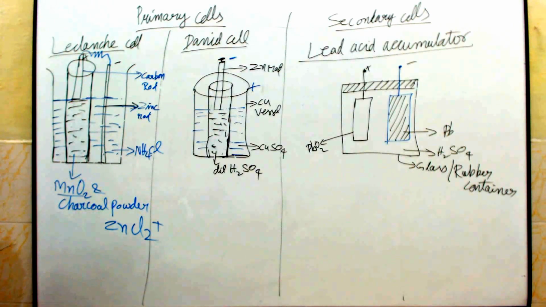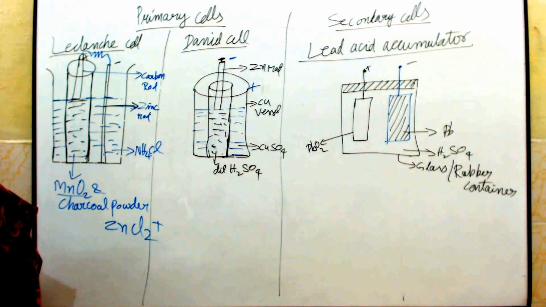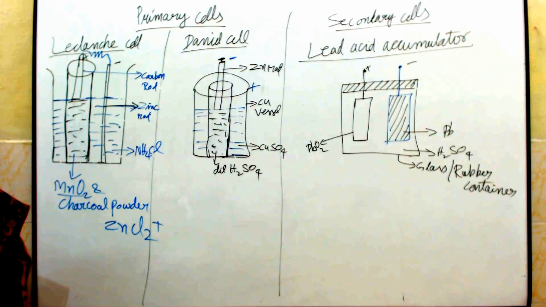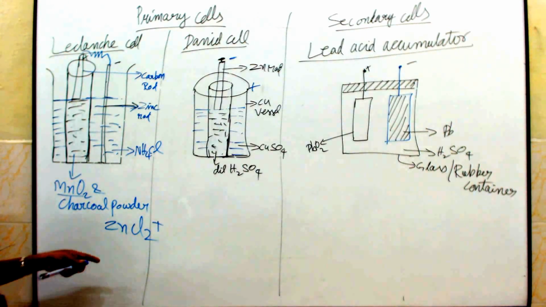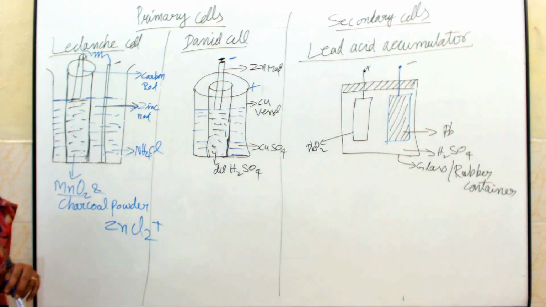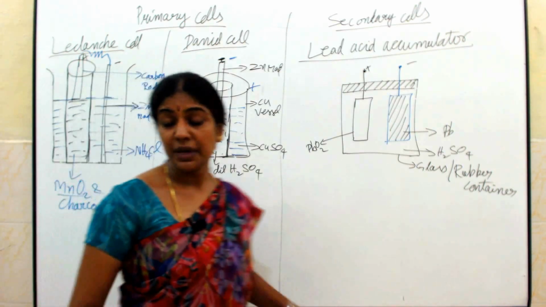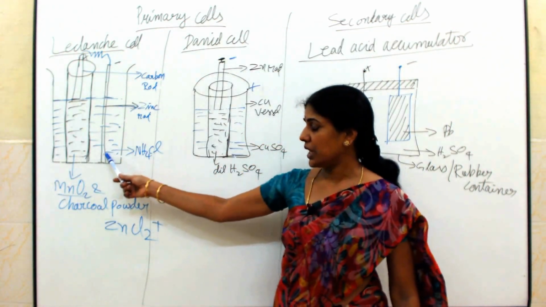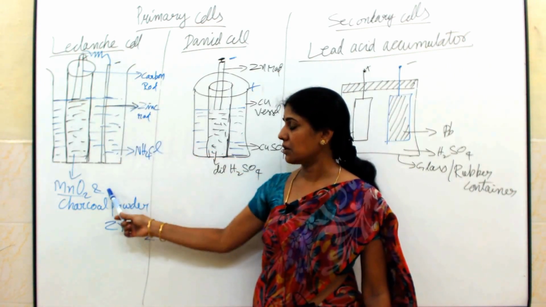First you have to write which one is the cathode, which one is the anode, which is the electrolyte, and what are the chemical reactions taking place here. The first one, you have to write what happens at the zinc rod. Due to oxidation, zinc plus ions are produced and two electrons will be deposited at the zinc rod, making it